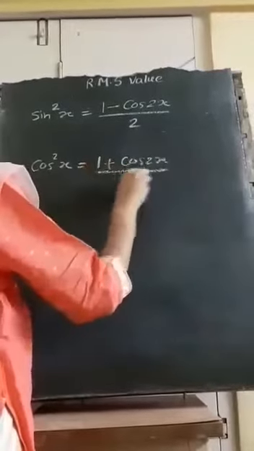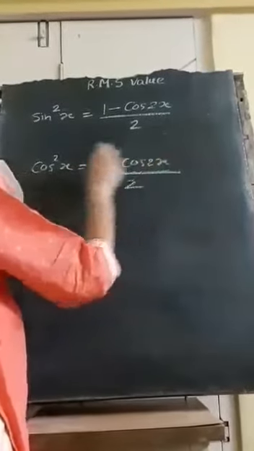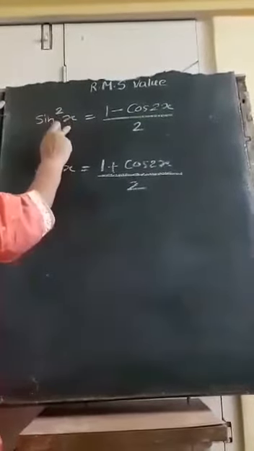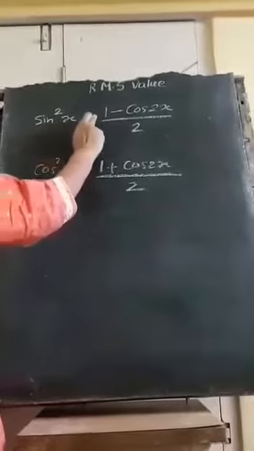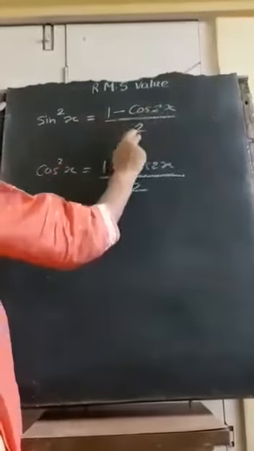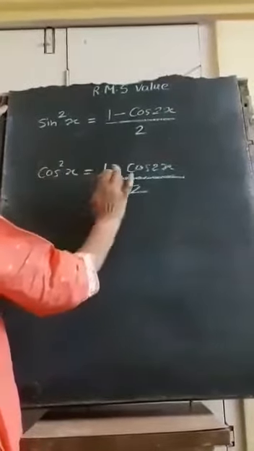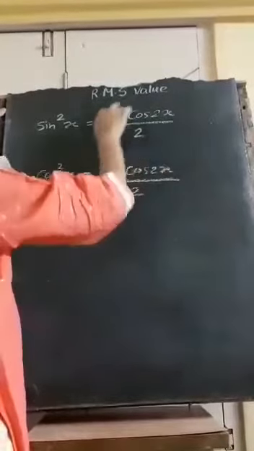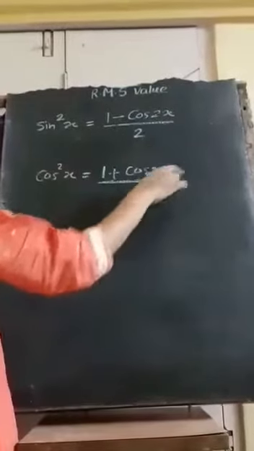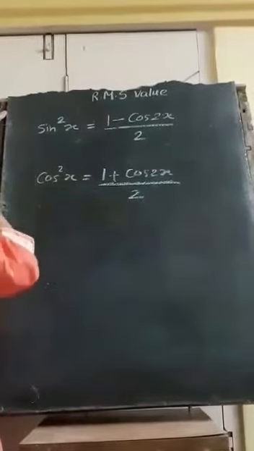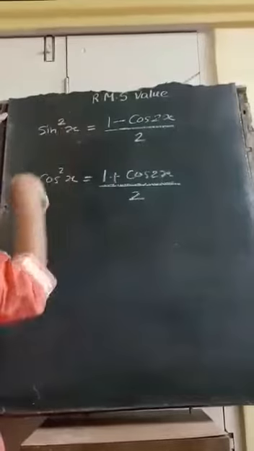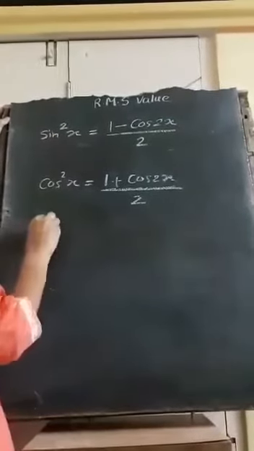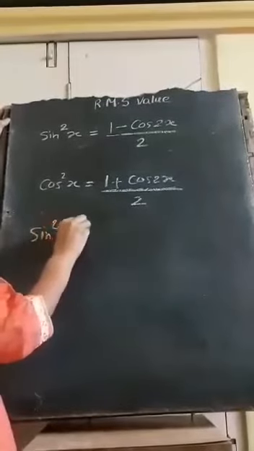So in the mean value, we will first do the square of the function. Suppose I need to integrate sin square, then I have to write it as 1 minus cos 2x upon 2, and if it is cos square, I have to say 1 plus cos 2x upon 2, and then this term I need to integrate. Now I will change this x to some t, and instead of normal x I will say something else. Suppose it is sin square 100 pi t.